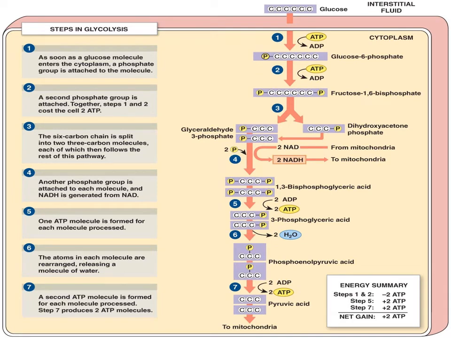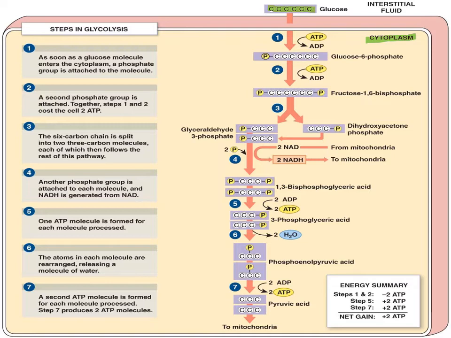So here's our steps in glycolysis. So this is all taking place in the cytosol or the cytoplasm. And all of these chemical forms here, I would not ask you to know those. So if you are into chemistry and you want to know all this, then by all means knock yourself out. But we can just focus on what's happening at each step.